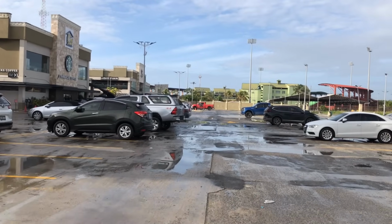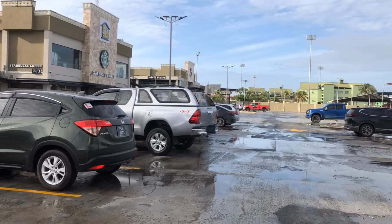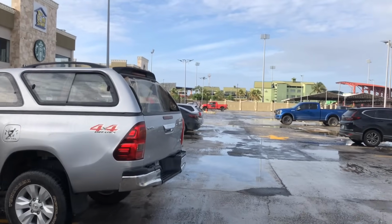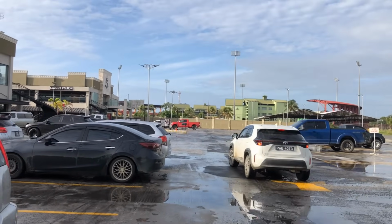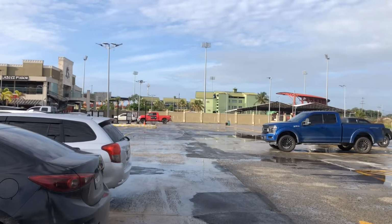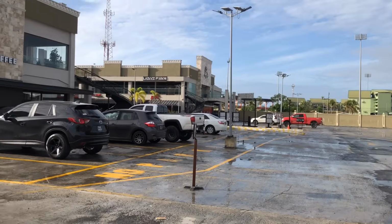In passing, it might be a good idea to see how far they've come. The last time we were here, about 3 or 4 months ago, they were doing some expansion building, some new retail space on the ground floor, and I just wanted to see if they've completed that